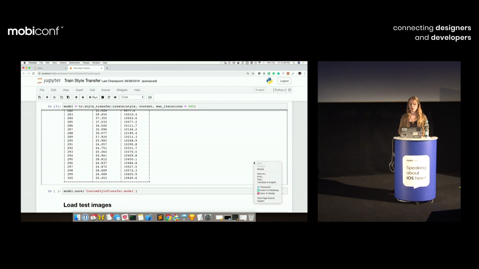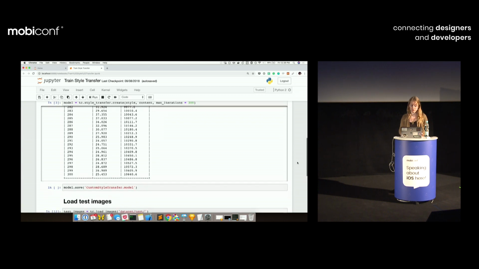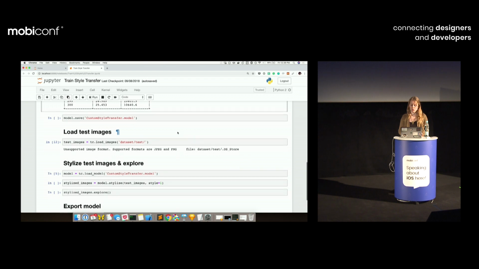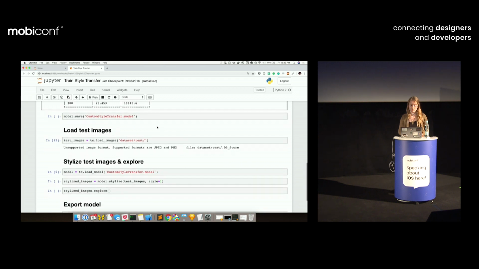So you can run this on external GPUs as well. If you're interested in doing a style transfer that's really good, you can go explore that route. This will run for quite a while, and then when it's done,